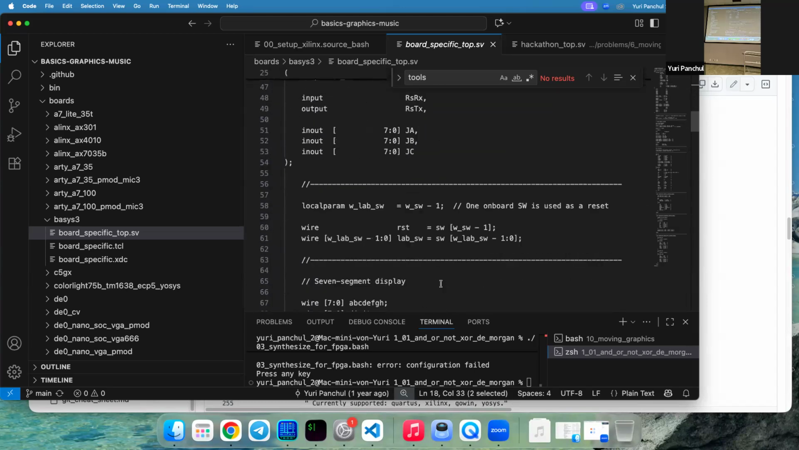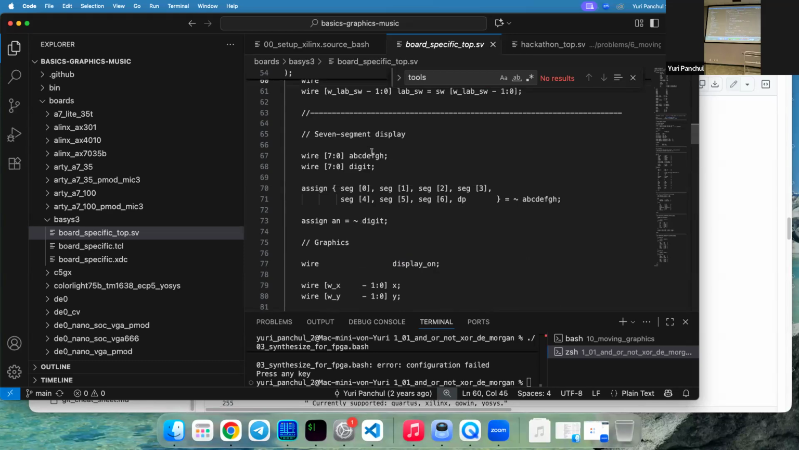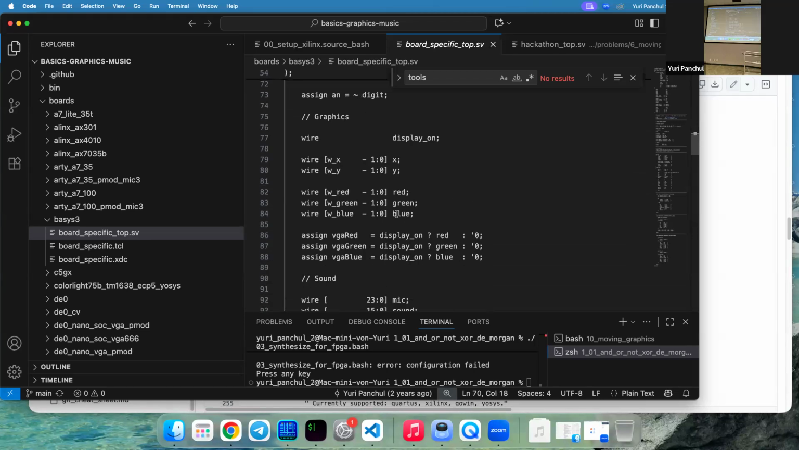Then what we do here is we put our reset, because this Basys 3 doesn't have a dedicated reset button. We use one of the switches as a reset button, which is the leftmost switch. So this is switch minus 1. Then we put the 7-segment display. We need to connect our ports A, B, C, D, E, F, G into seg0, seg1, seg2, seg3, DP. So we just connect to names from the vendor examples. Then we put